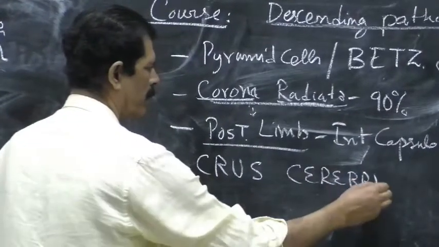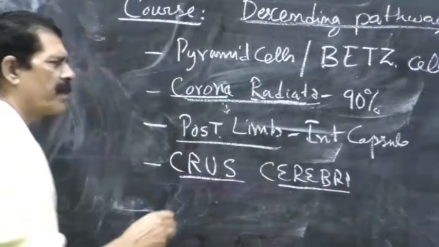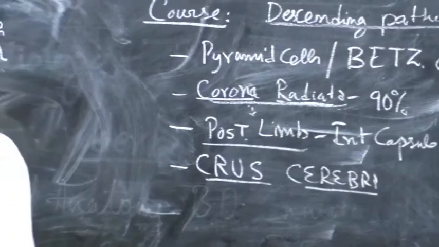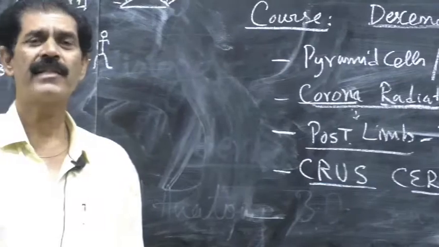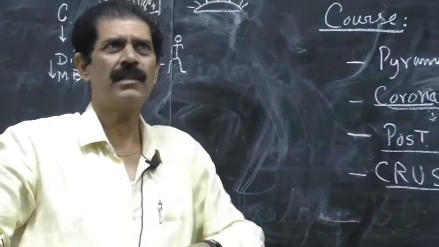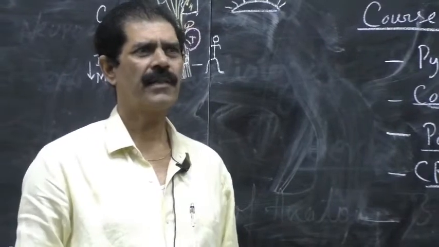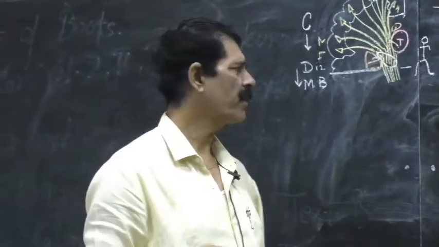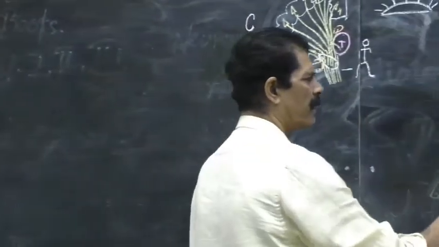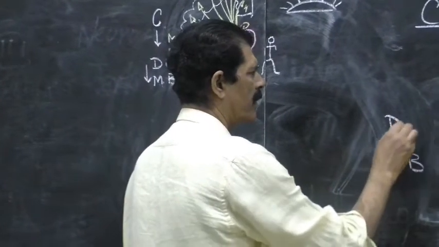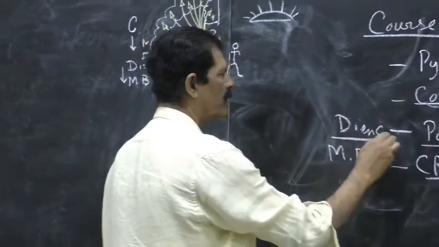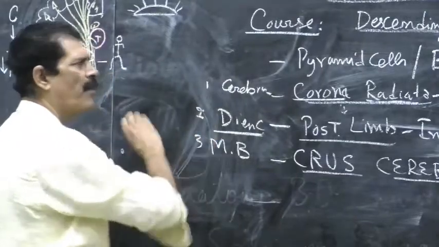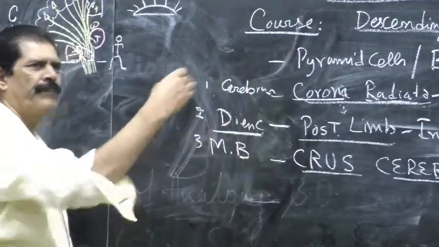So in the CNS, for bundles of axons or nerve fibers, sometimes we say crus, sometimes we say peduncles, and sometimes we use the word fasciculus. We use these different terms in different areas, but the meaning is the same: bundles and bundles of axons or nerve fibers. So now when they reach the midbrain, they are called crus cerebri. In the diencephalon, they are called internal capsule, and in the cerebrum, they are called corona radiata. So this is how to attempt this question. You have to explain every step as it is going down.